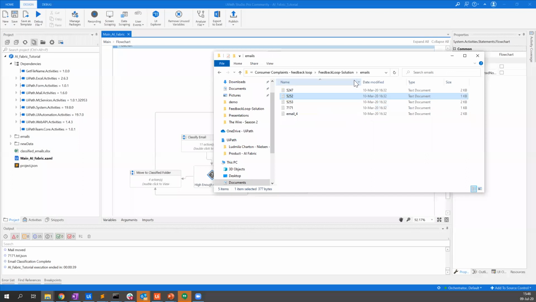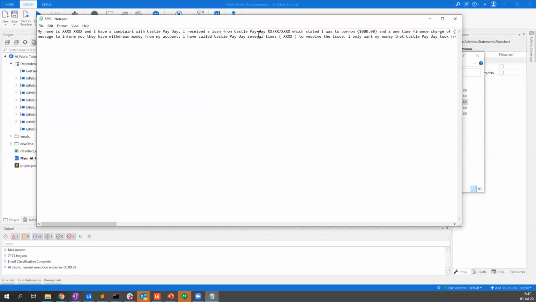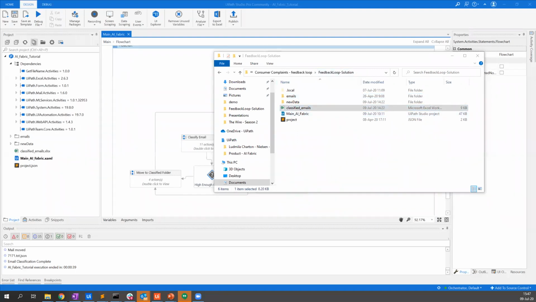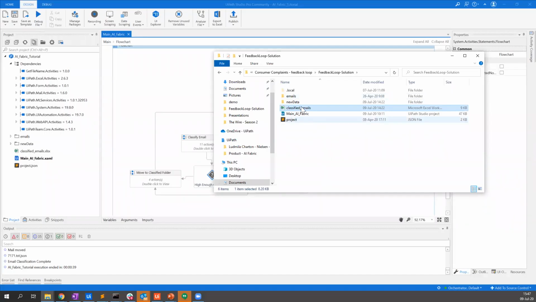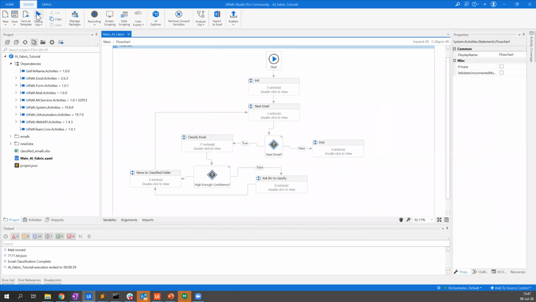If you look here, you will see the emails that we will analyze, and I can open one of them. It's really just anonymized text. And we will classify them into this file, which is just an Excel sheet, oh sorry, it's on the wrong screen. We'll store the email name, body, the class, and the confidence score. And if I look into new data, for now you have nothing, but you'll see that we'll store some of them. So with that, I will start it, and then I will explain a little bit what is inside this classified email box.